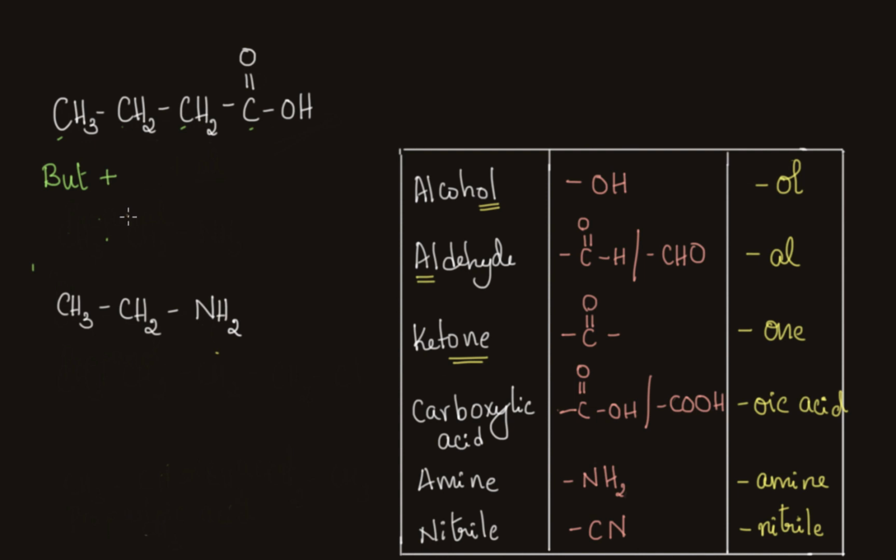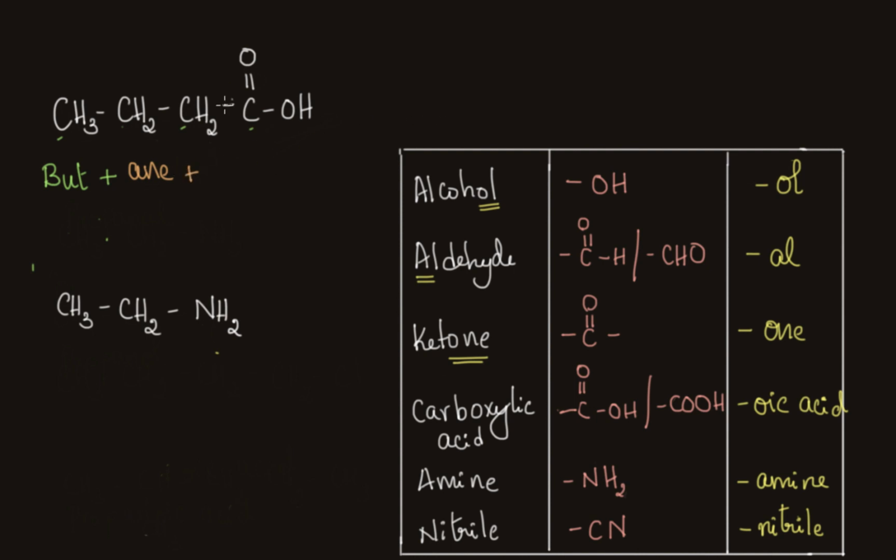Now how do we give primary suffix? By looking at the carbon-carbon single, double or triple bond. So you can see that there is a double bond, but that double bond is not present between carbon and carbon. So in order to give the primary suffix, we know that we have to look for carbon-carbon bonds, not carbon bonding with any other atom. Okay, so here all carbon-carbons are having single bond, therefore the primary suffix used is ane.